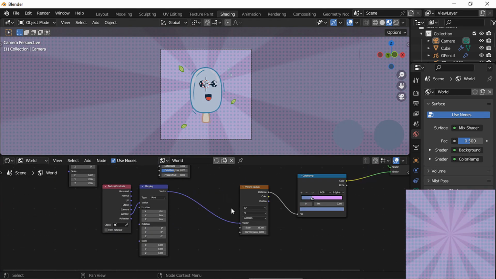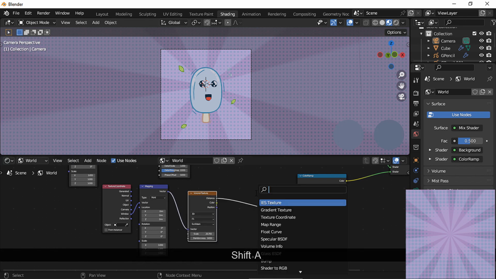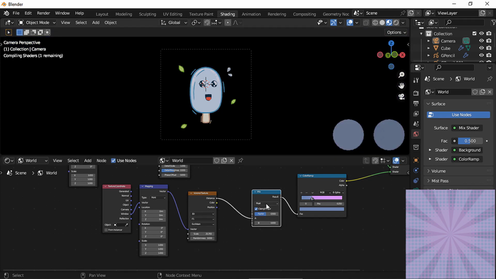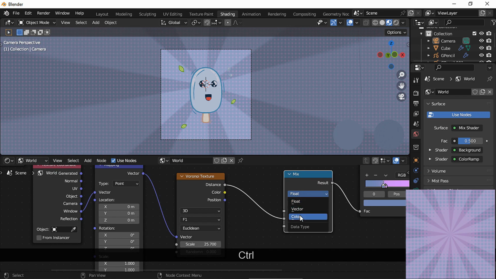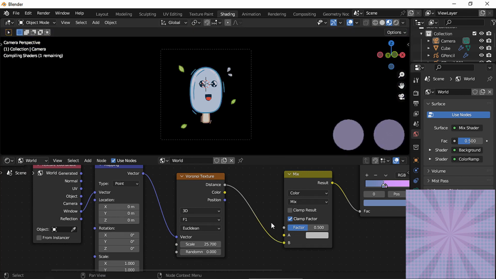We could tell Blender to only put the dots in a portion, like there's a mask. For that, let's add a mix node and change it to color. Connect the Voronoi texture node to the V socket.